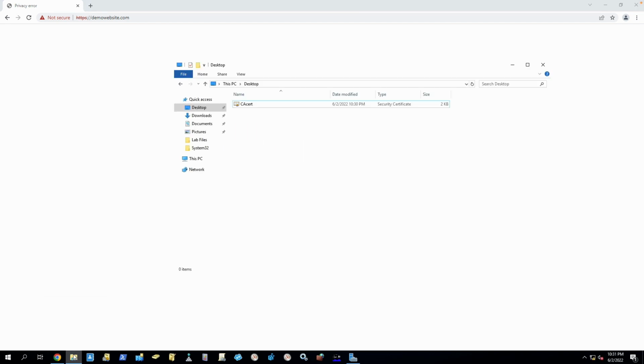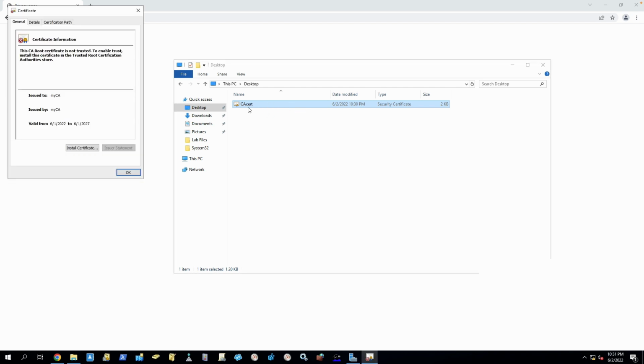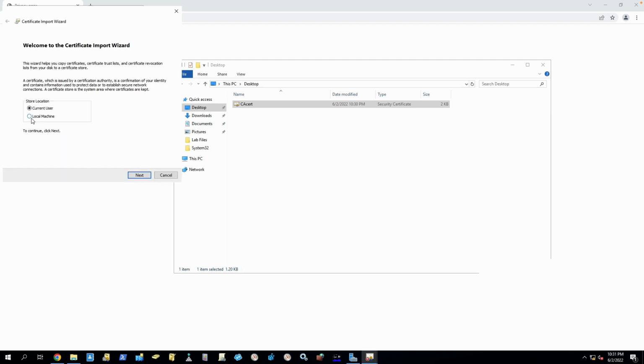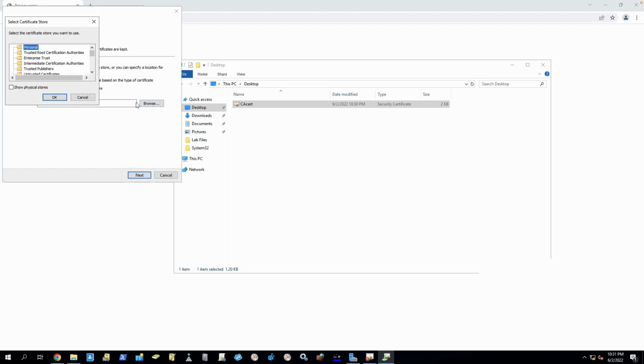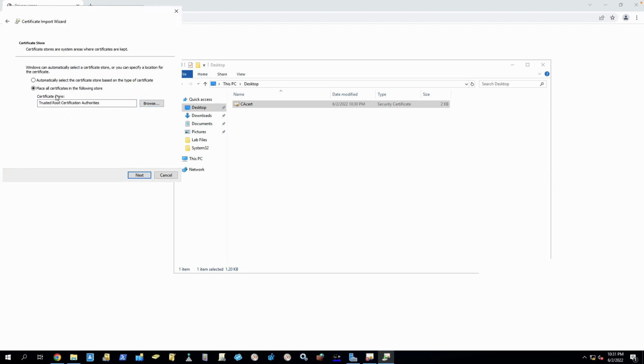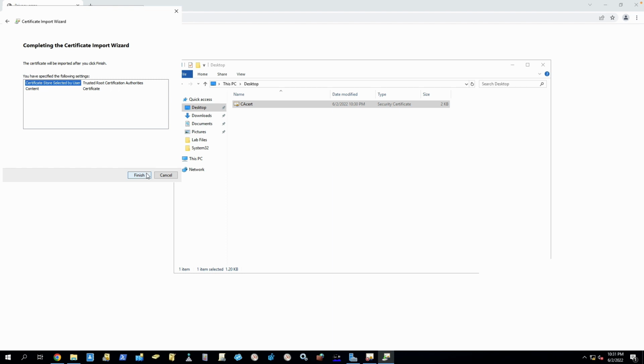Step two is actually installing it. So if I go to desktop, I can see the certificates there. So I'm just going to double click and open the certificate. Okay. So once the certificate pop-up is open, I can see this new option called install certificate. So I'm going to click on it, and it's going to give me two options. So I'm going to choose local machine so that anybody who logs into this machine has the certificate installed for them. And I'm not going to choose automatic. I'm going to make sure that I use manually in the certificate store for the trusted root so that it goes in the right place. Confirmed. Click on next, finish,